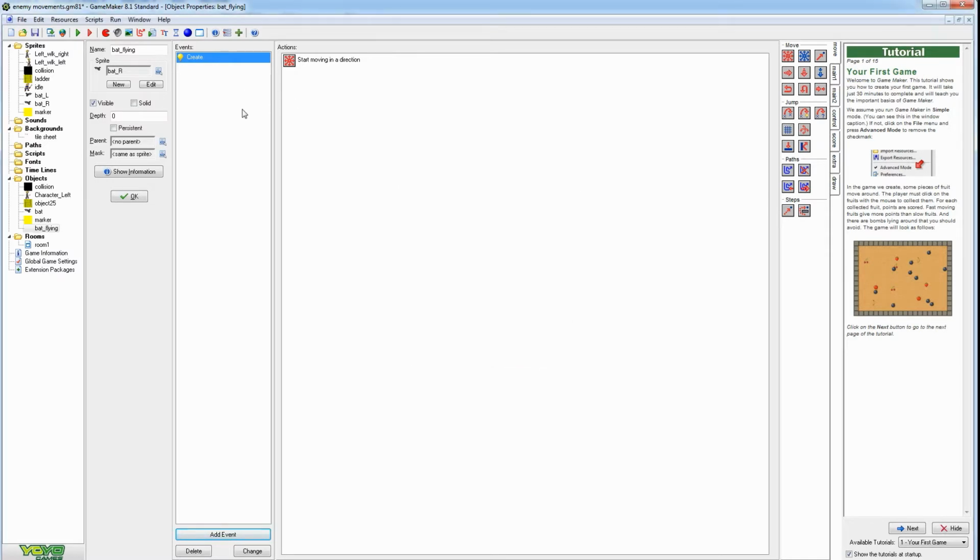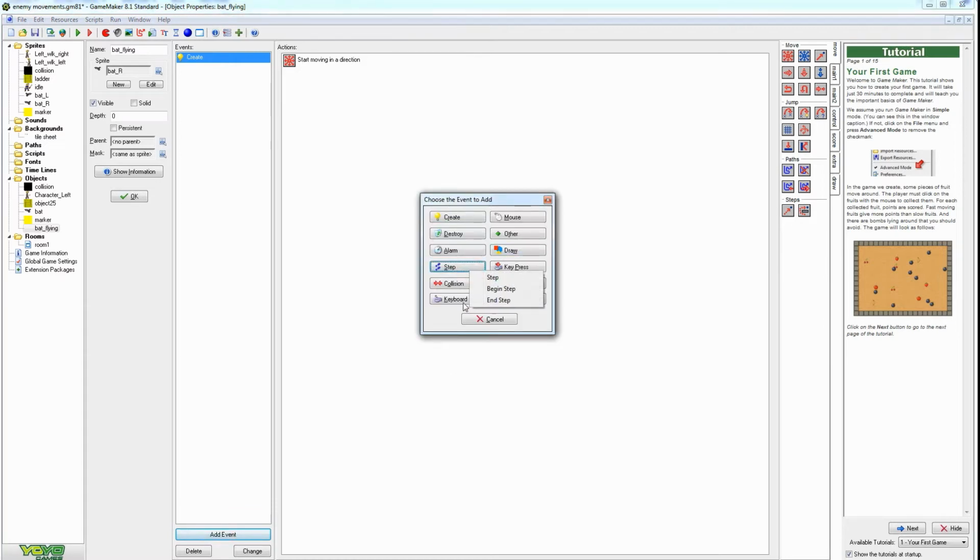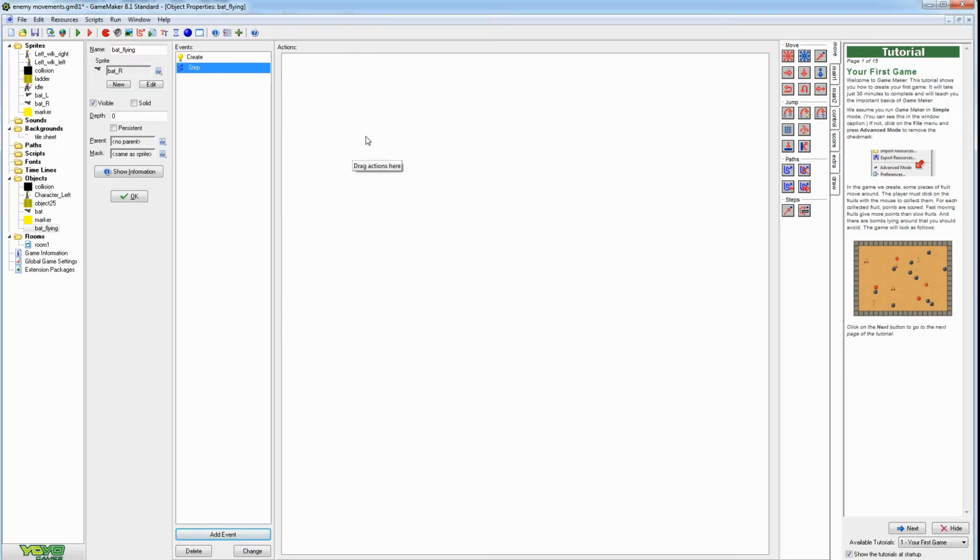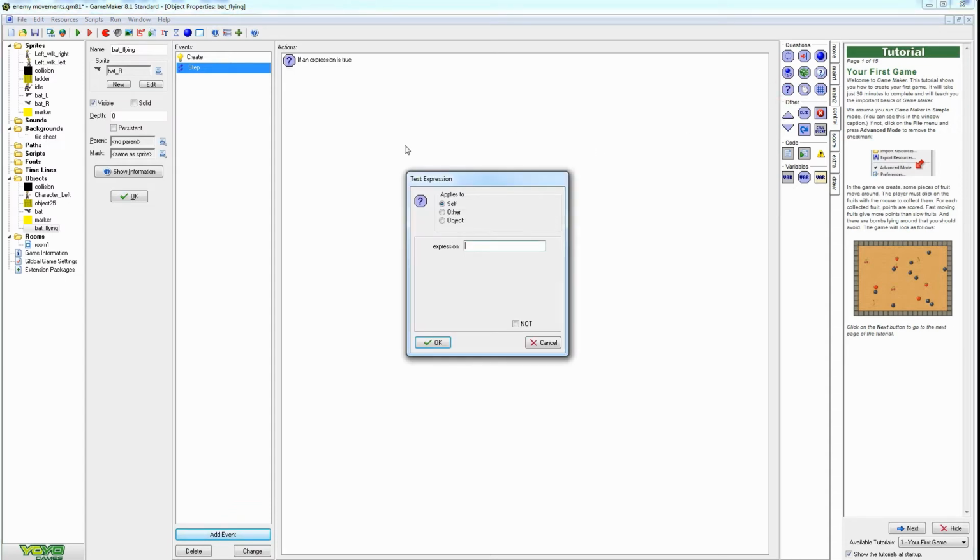So what we want to do is check what he's doing every step of the way. So for step, we're going to put step on there, and we're going to go over to check test expression. So in the test expression, there's multiple ways we can write this. We're going to say if the x, which is his left and right, not the y, which is up and down, but the x, so left and right, if the left and right is greater than view_x view,